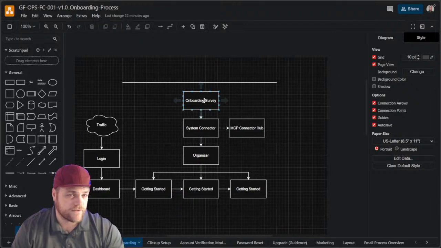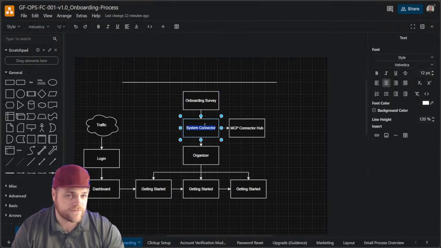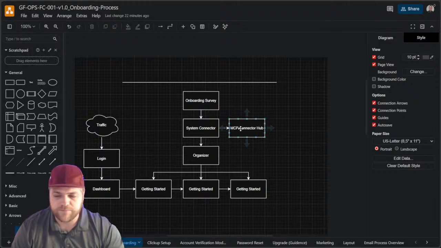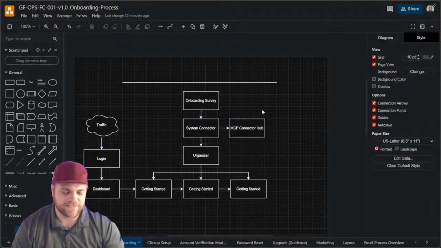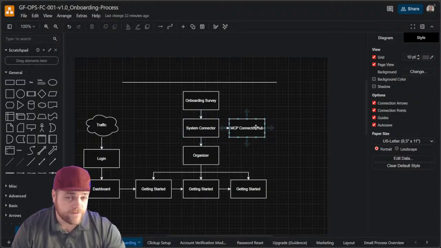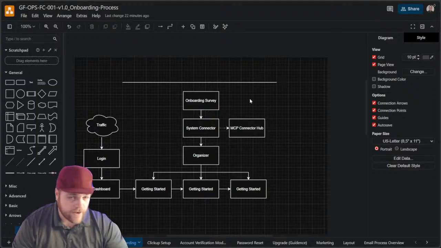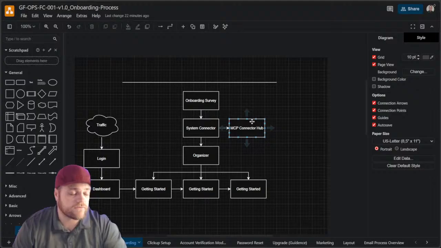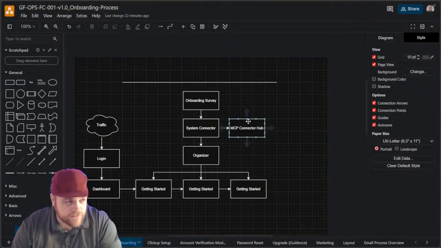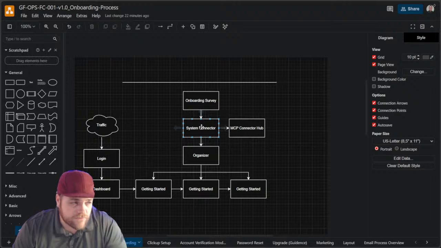You have your survey, you have your system connectors, which connect to your MCP, it could be MPC, I'm dyslexic sometimes, but it'll be connecting into all of the client software, all of their Google Drives, all of their data, everything. That's what this thing's going to be, because it's going to be used very, very much in the future, right? Which will have an open source server that people can use for that. Then it connects all of their softwares, all of their accounts, and then it brings it over to the organizer, brings them to the specific getting started pages.